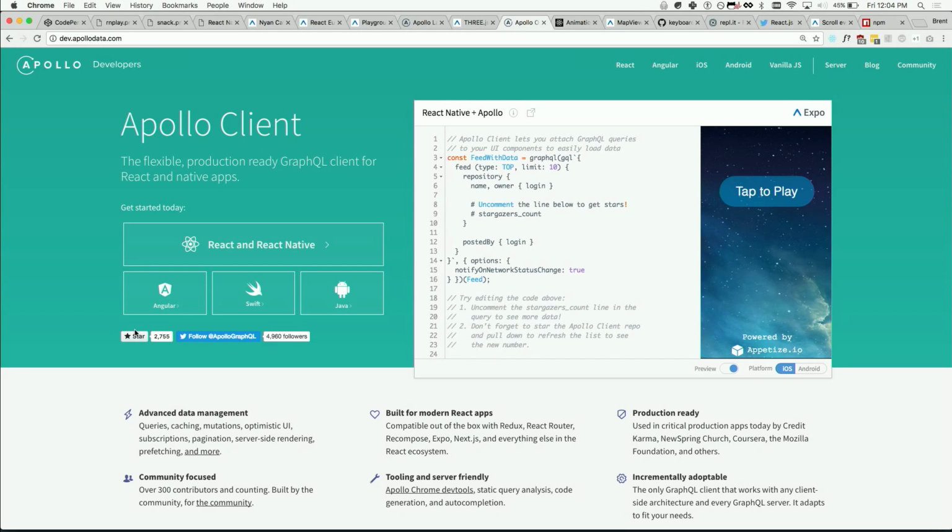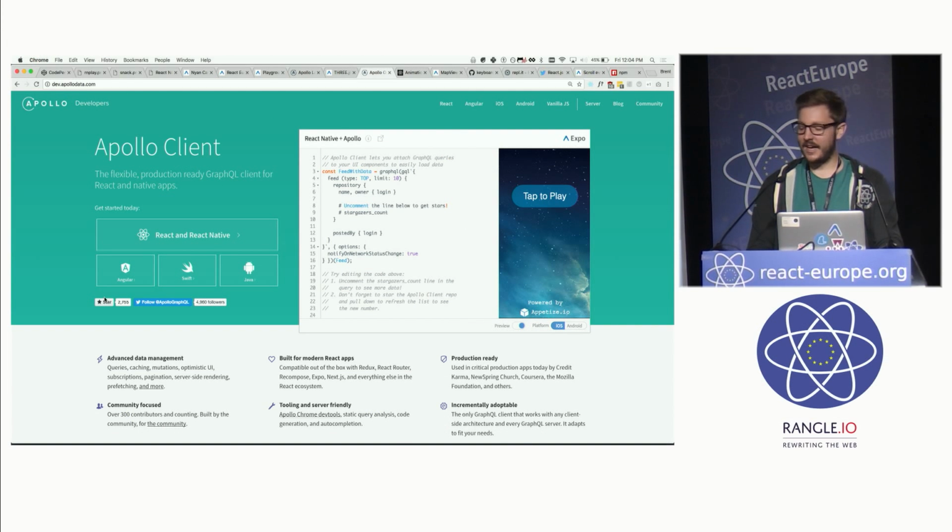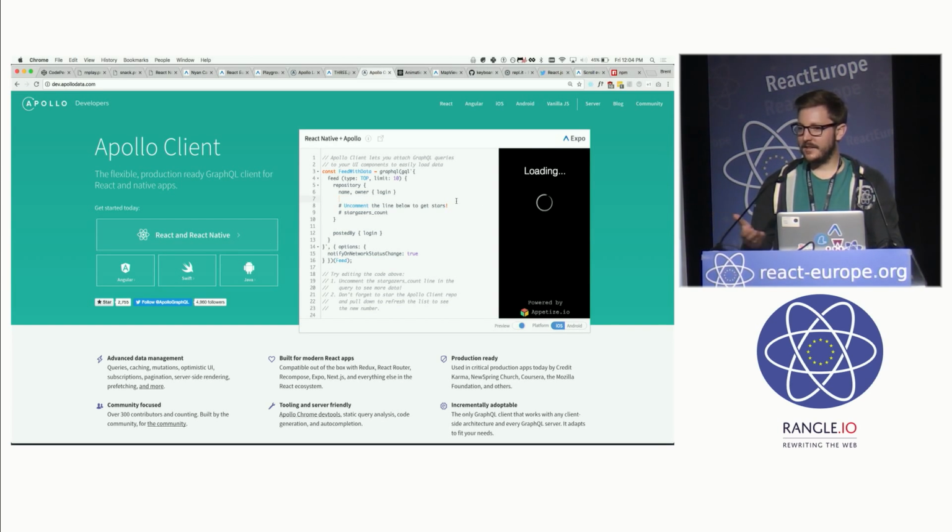So on the Apollo client website, for example. Yeah, we really like Apollo, so that's why I'm using Apollo a lot in these examples. You can see there that they, at the top of their site, have an embedded version of the Snack editor, because you can just open it up right there, see the examples live, open it on your phone,